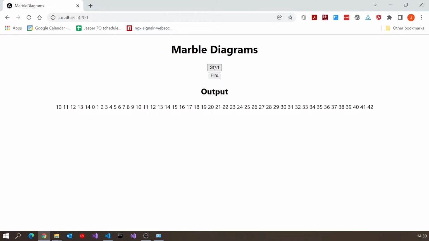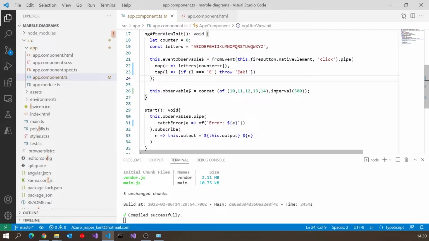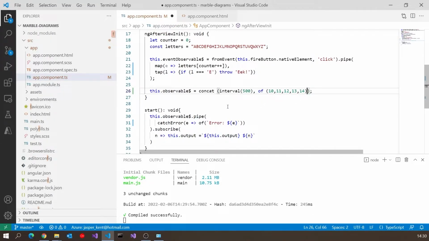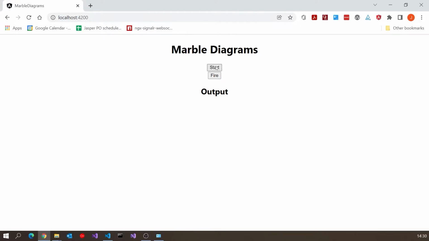And that's an important thing to bear in mind about concat, because if we did this the other way round, then the problem would be that because the first one of them never terminates, the second one isn't going to get called at all. So now we'll see that when we start that, we get the interval counting off, but because the interval never terminates, we never get anything else. So you need to be a bit careful with concat that the first one is going to have to be something that terminates. The second one may or may not be.